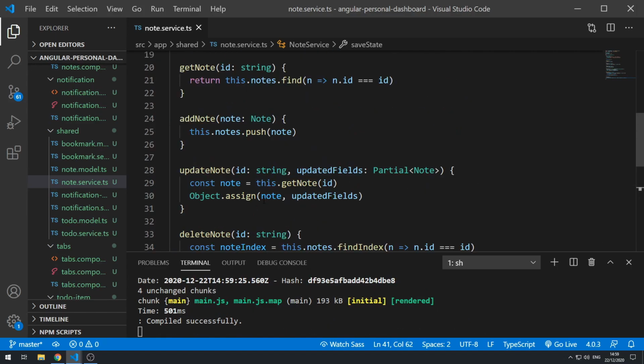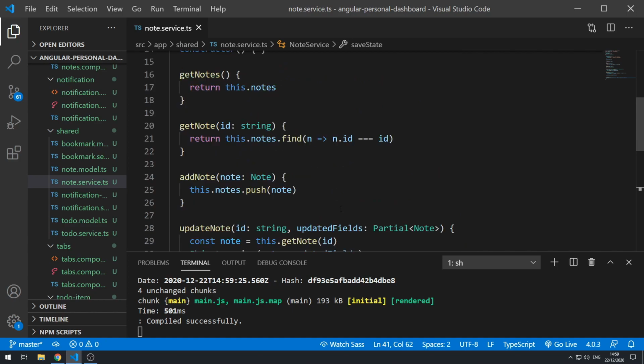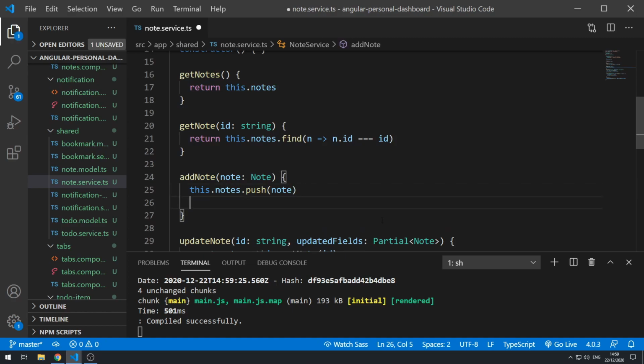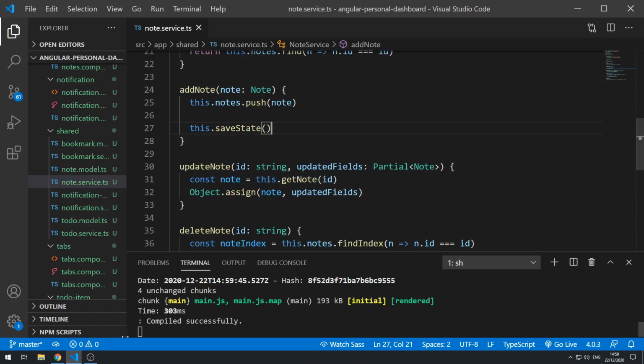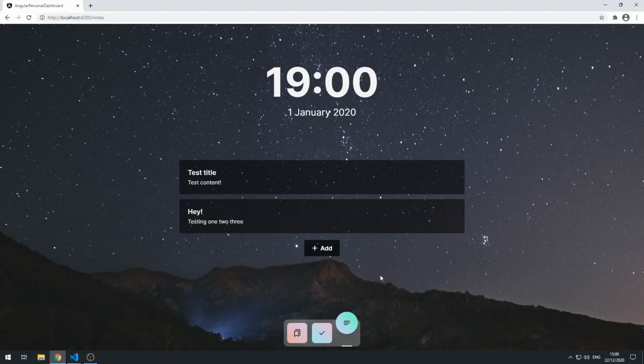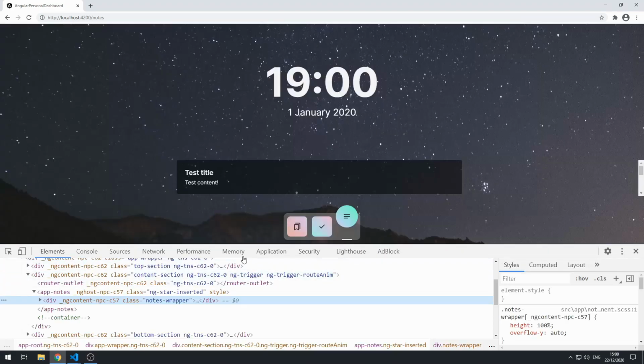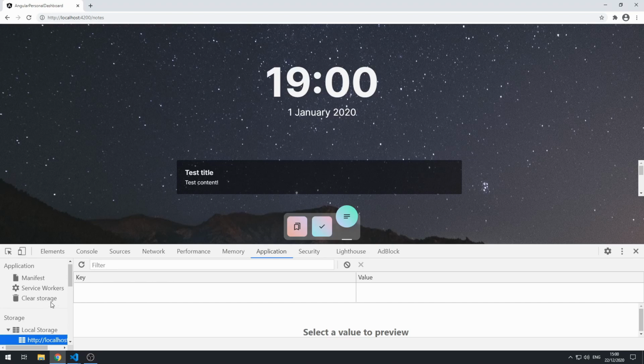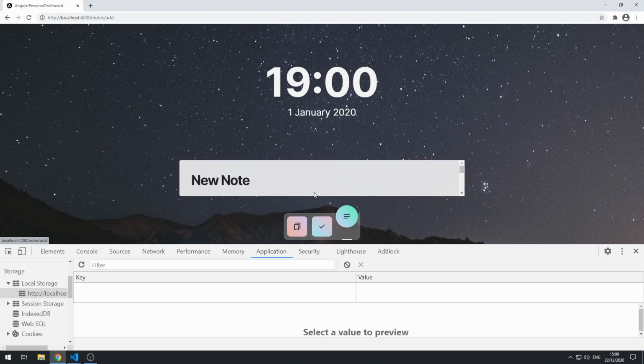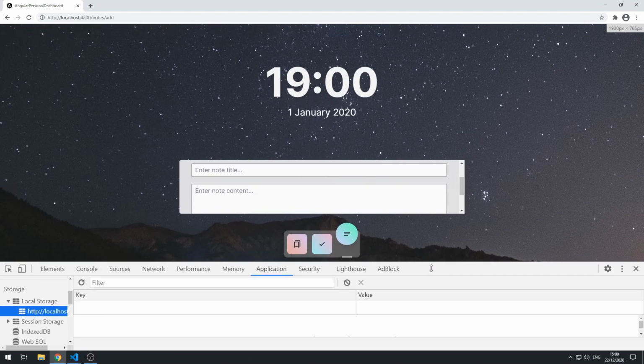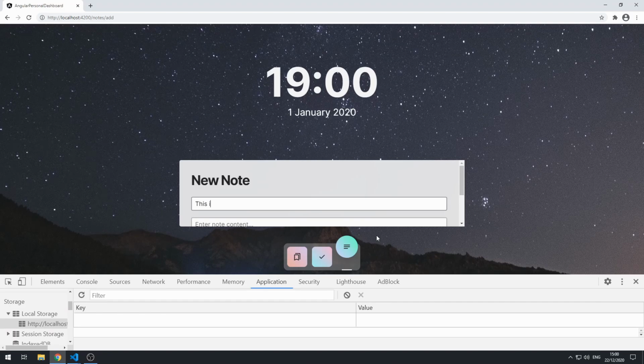Let's actually use this method. Each time we add a note, we want to save the state, right? So here we can do this.saveState, and let's save that and go back to the application. First of all, let's open up the application tab so that we can see storage. Here we have local storage, and it's currently empty. If we now click on add and create a new note, so let's say this is a new note,